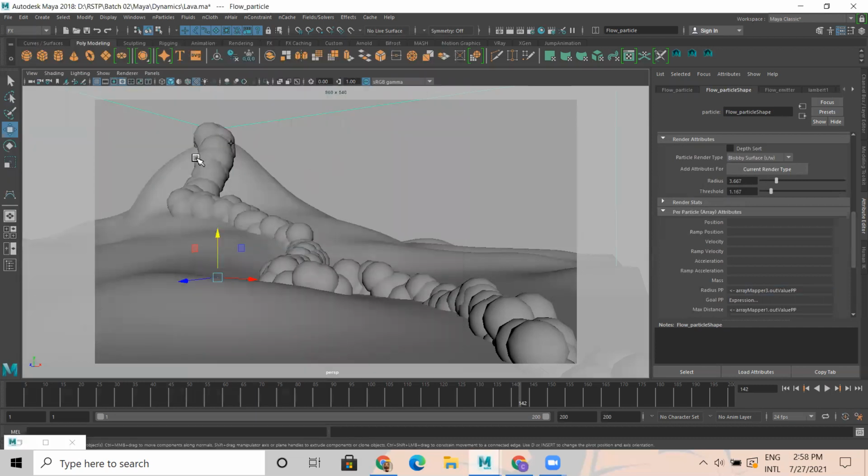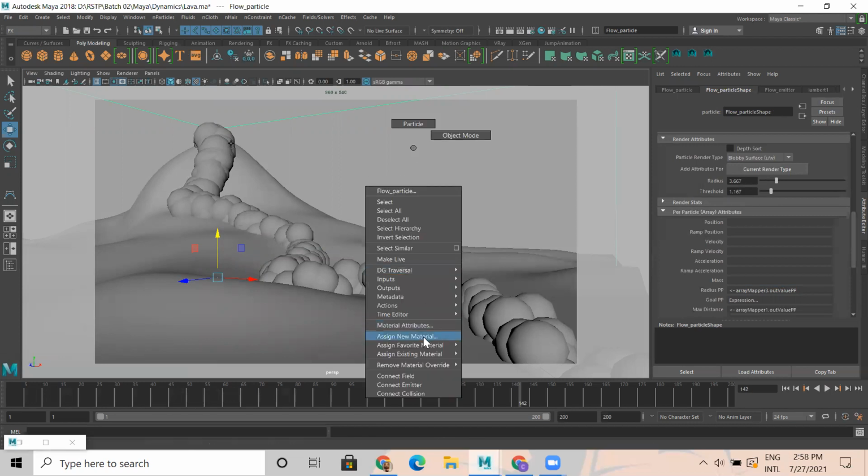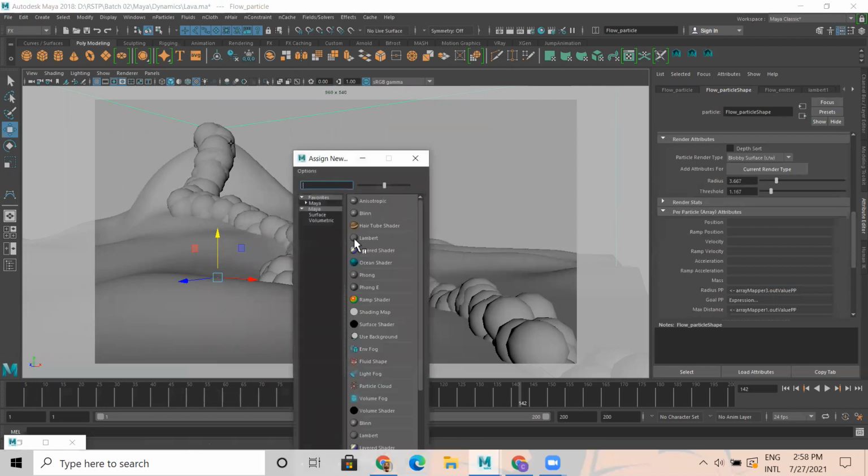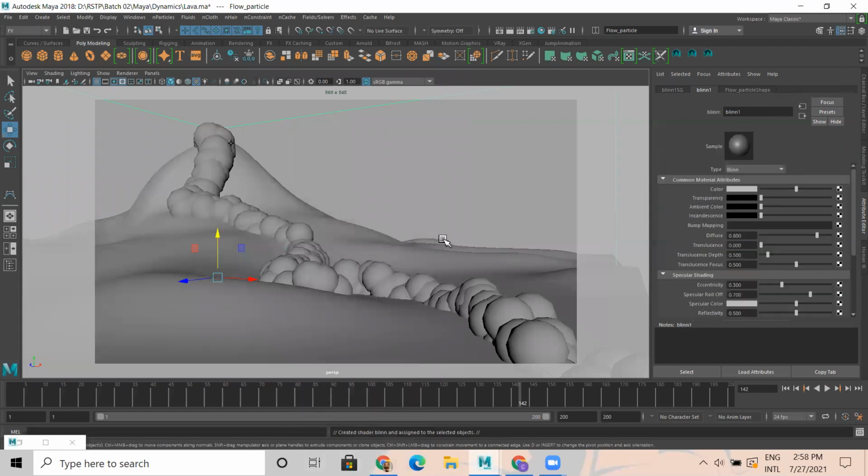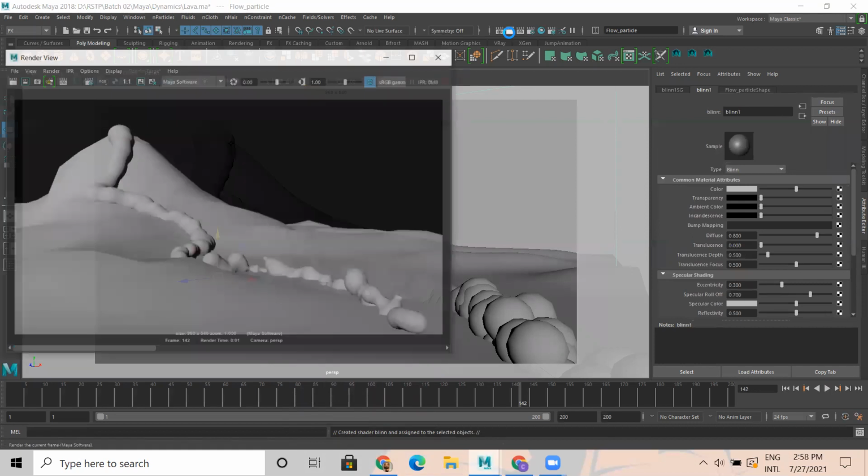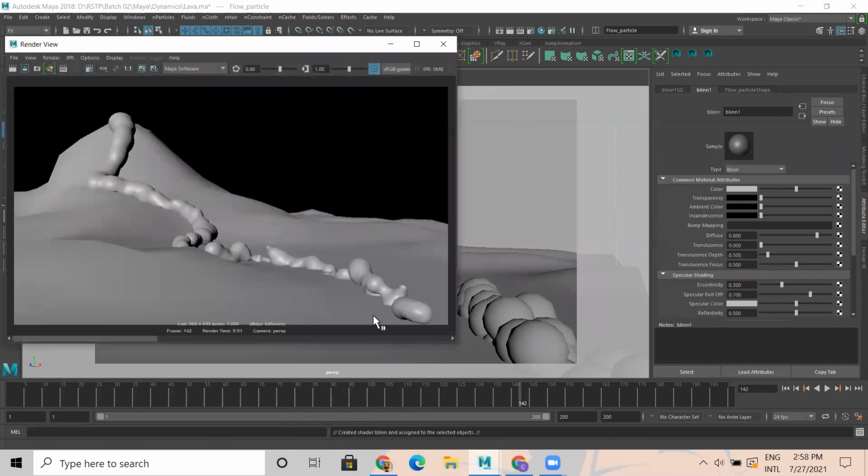Now for this, we can add a material. I want a bit of glow material for this. Select the particle, right click, assign new material. What sort of material can we apply? I can add blend. That's okay. For this, I'll add blend. And when I take a render, blend material is applied.